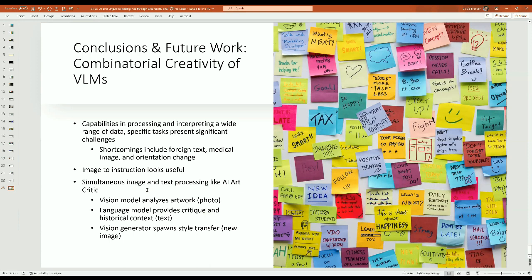Finally, I think the notion of simultaneous image and text. A lot of the emphasis here has really been on stepwise, how does it follow instructions? Can it show its work? But when you think of spontaneous creativity, it's really that simultaneity. The apple hits Newton while he's thinking of gravity and generates an equation. That kind of combination of lightning bolts seems really interesting.